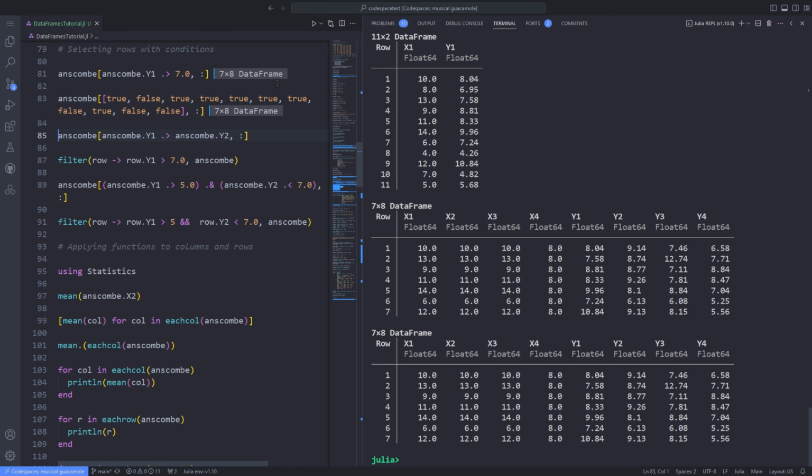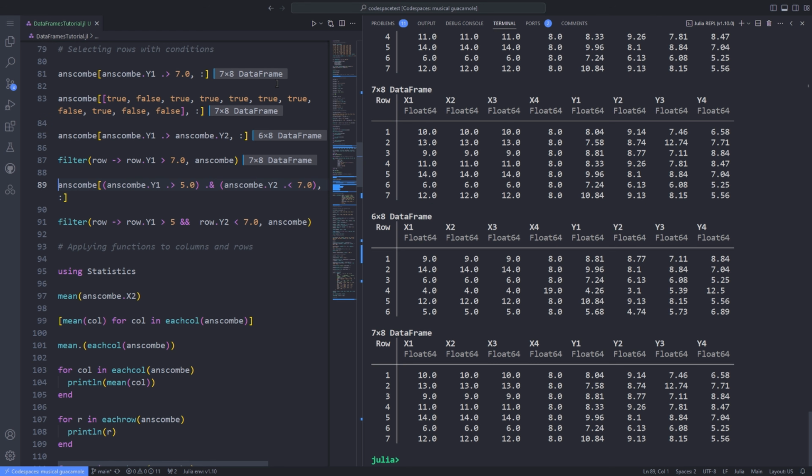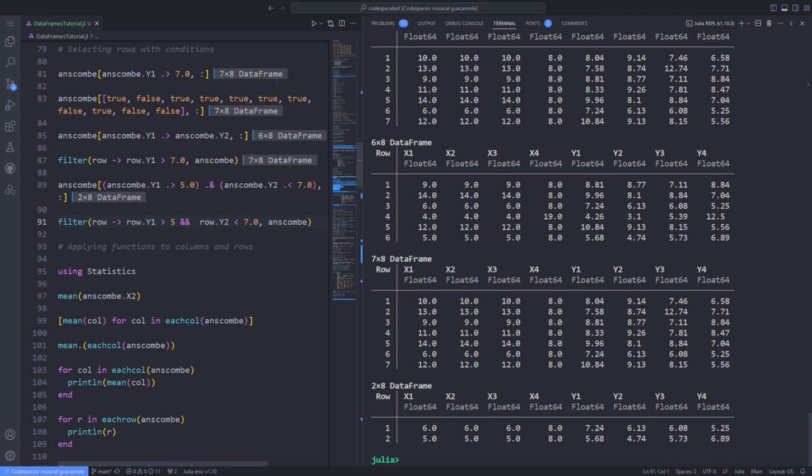In a similar way, here is a result that contains every row where the value of the number in column y1 is greater than that in column y2. Another way to select matching rows is to use the Julia function filter. Combining 2 or more conditions is also possible. Here is a result consisting of rows where the value of y1 is greater than 5 and that of y2 is less than 7. An equivalent using the filter function would be: